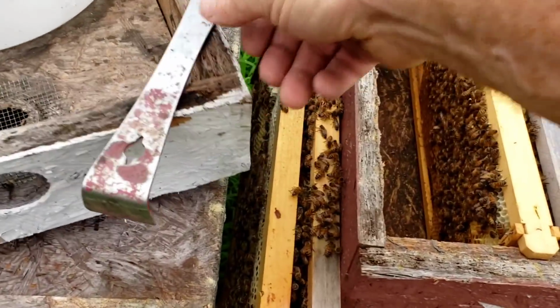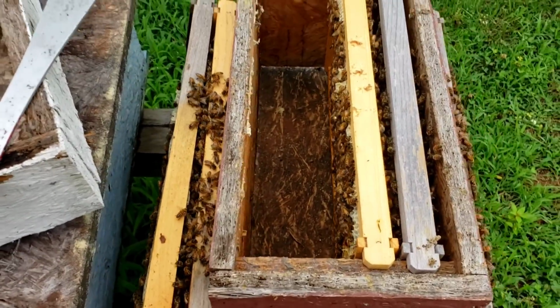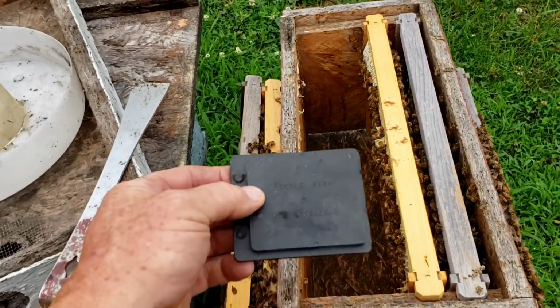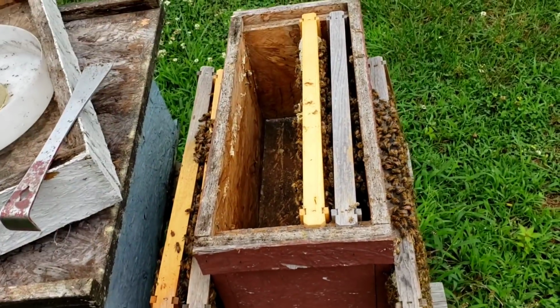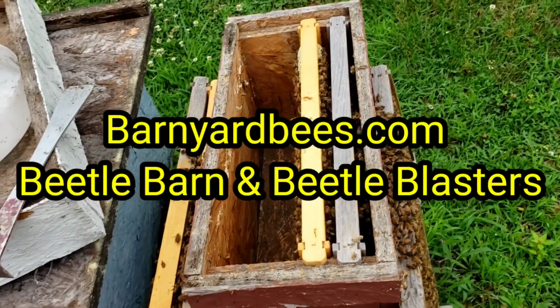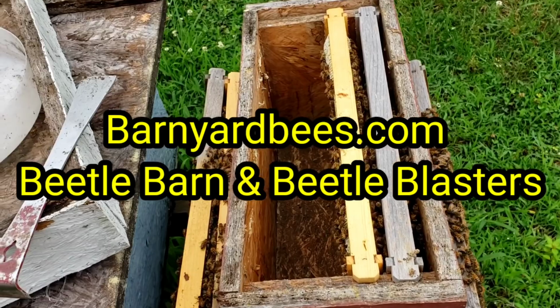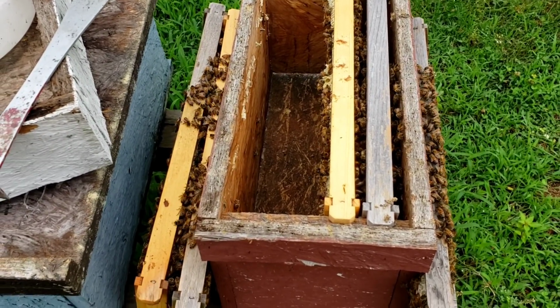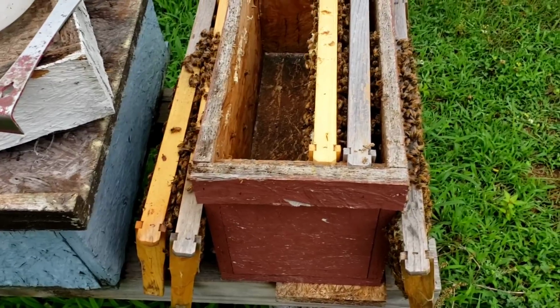And like I said, talking about the beetle barns, put these in your colony, bait them up with your bait of choice. If you want to know what everyone is using, go to the BarnYard Bees Facebook page, and you'll find out there, because I can't really